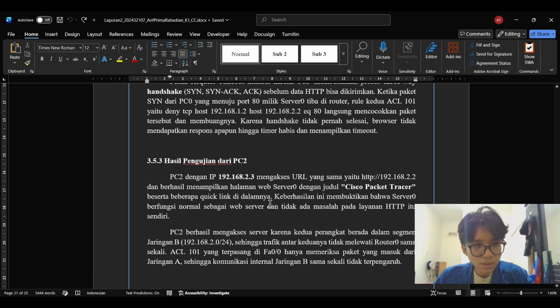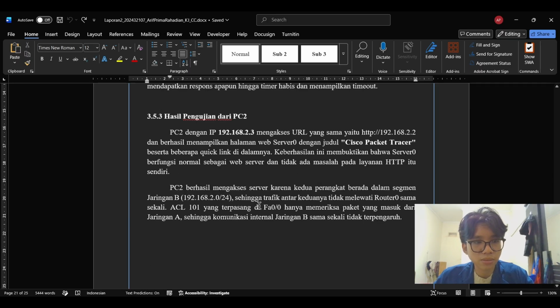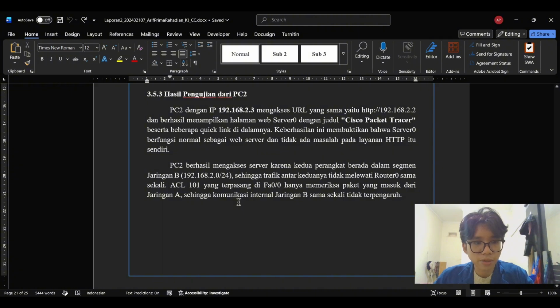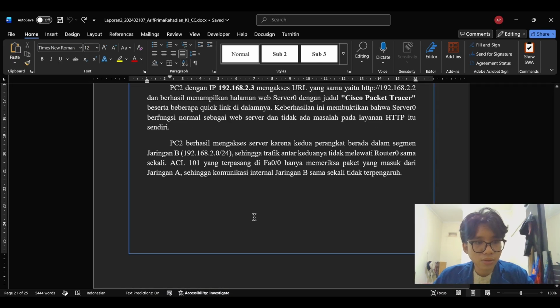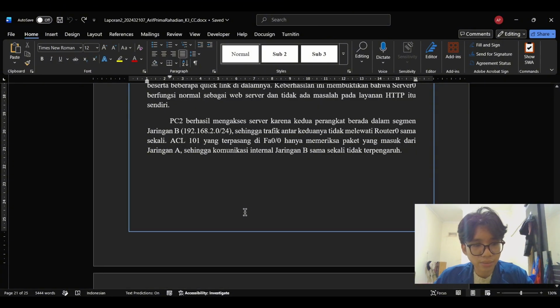PC2 succeeds because both PC2 and Server0 are in the same segment, network B, subnet 192.168.2.0 with prefix 24. Their traffic never passes through Router0, since ACL 101 is applied on FA0/0, which is the interface facing network A. Communication within network B is completely outside the scope of this ACL.